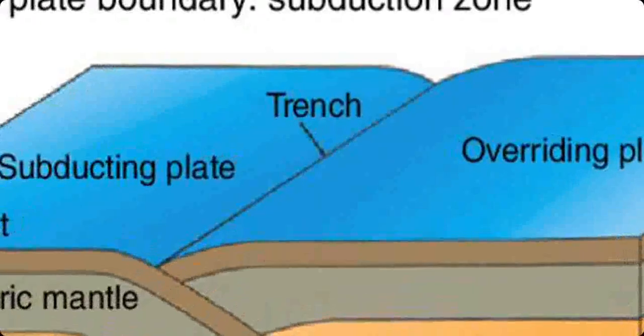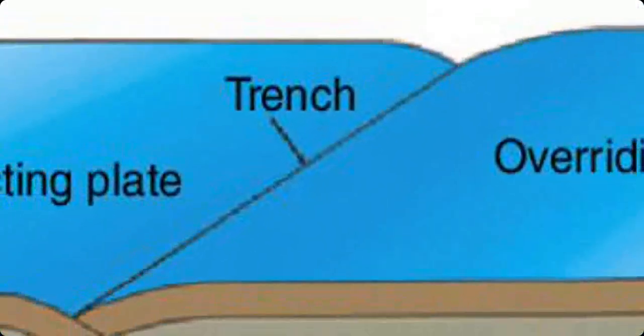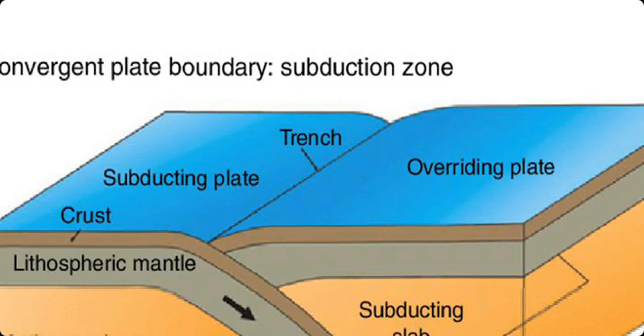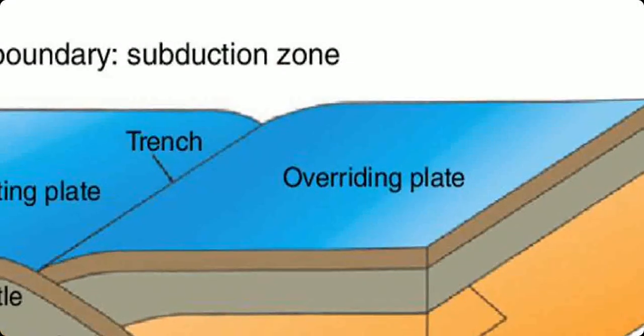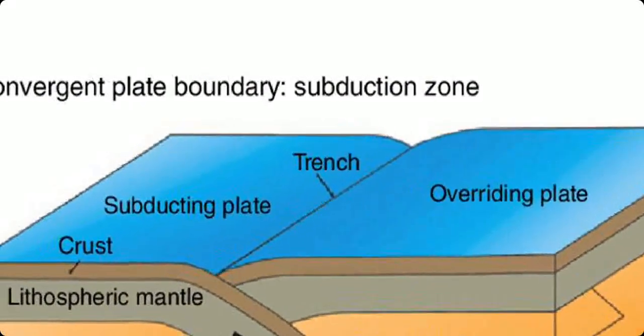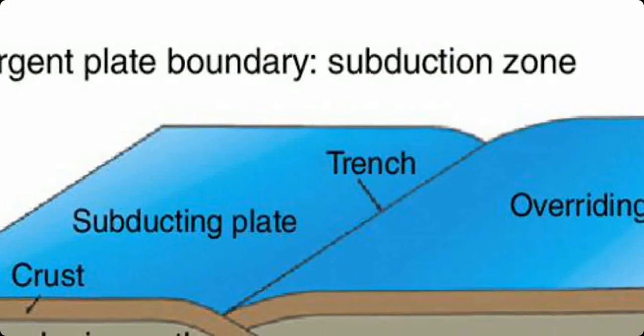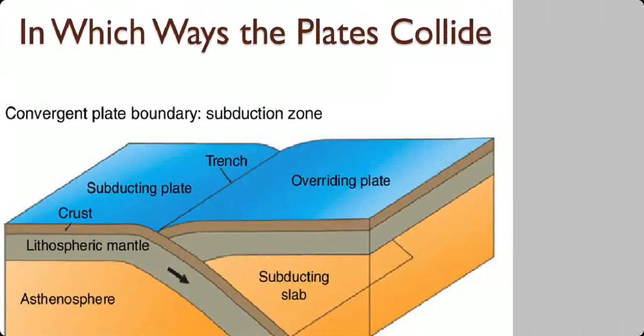And here again, another thing you should notice is the trench formation. This is the deeper part on the landform. The overriding plate is the higher part. Now, when we talk about the formation of the Himalayas, you'll need to know this, because this is where the Himalayas rose, and in the trench, this is where the alluvial soil got deposited and formed the northern plains. So let's go ahead.